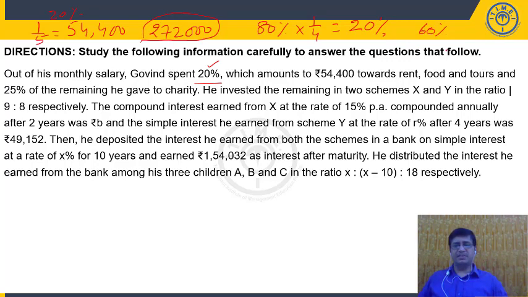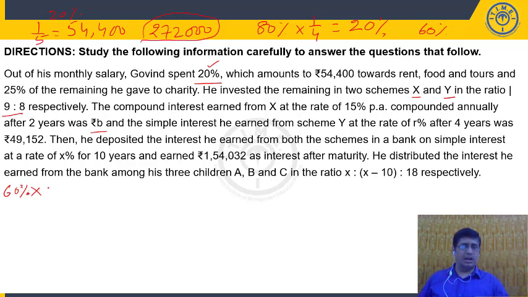Now in that 60%, what is he doing? He is investing the value in schemes X and Y in the ratio 9:8. X is under compound interest, Y is under simple interest. Here the compound interest for X is 15% per annum for 2 years, and the interest value we need to find. Now what is the result? What is the value? So 60%